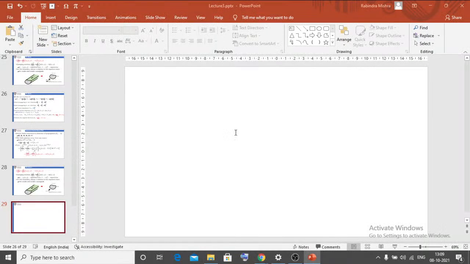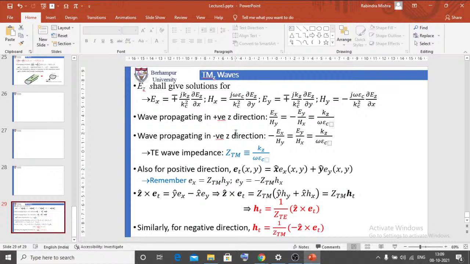So with that, we come to the end of the TE and TM modes. We have discussed the introduction of waveguides. In this discussion, we have discussed what is TEM mode, what is TE mode, and what is TM mode, and for TE, TM, and TEM modes, we have found the wave impedances. Then we have found a relationship between wave impedance and the